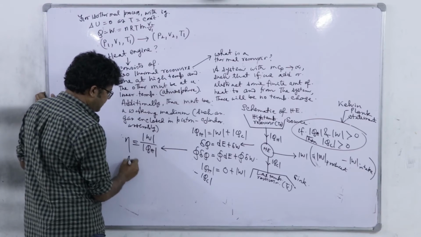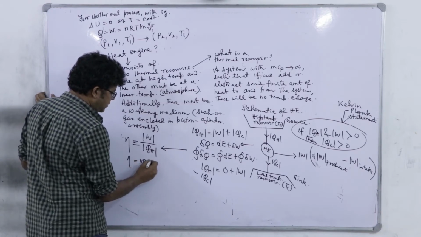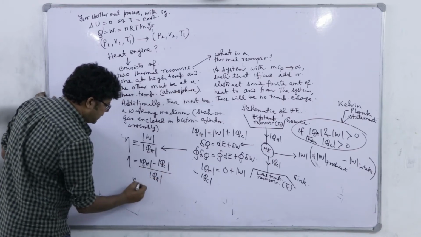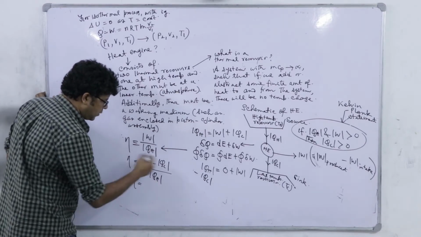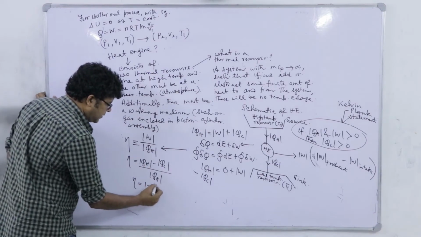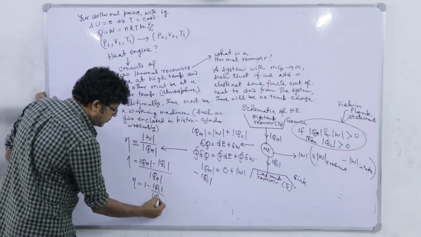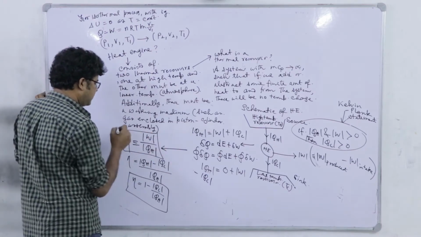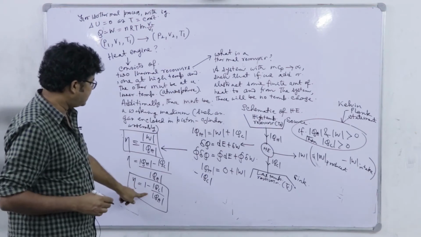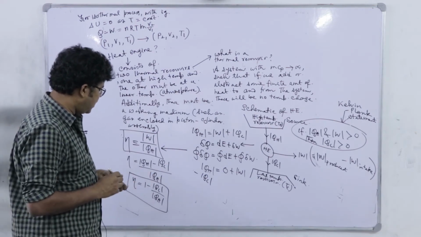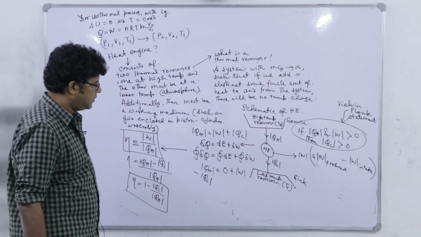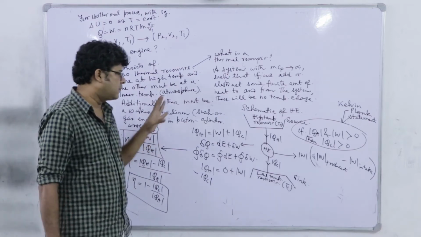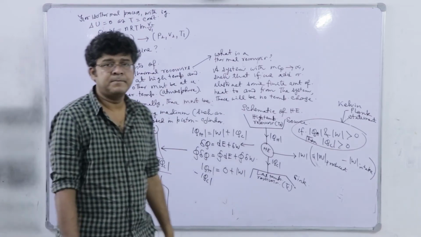Now, mod W, you see it is mod QH minus mod QC divided by mod QH. So, efficiency, even if we want to eliminate this work term, we can use this energy balance and write that 1 minus mod QC by mod QH, right. So, this is the alternative definition, this is the fundamental definition, okay, and this is the typical combination of simple energy balance with respect to this basic or the fundamental definition of efficiency. So, that is the idea of heat engine.